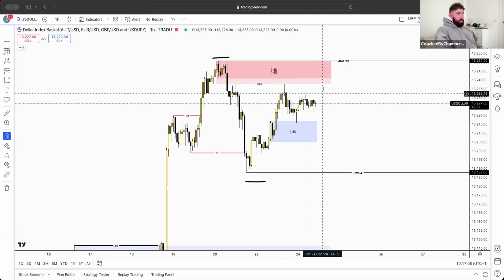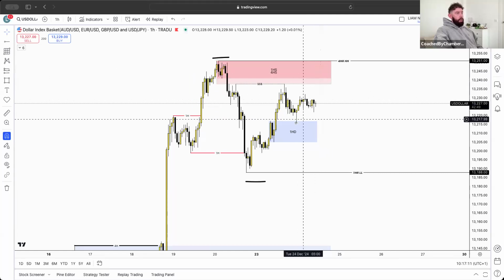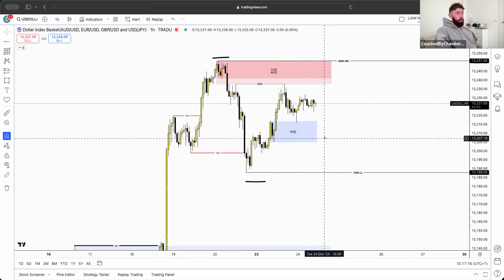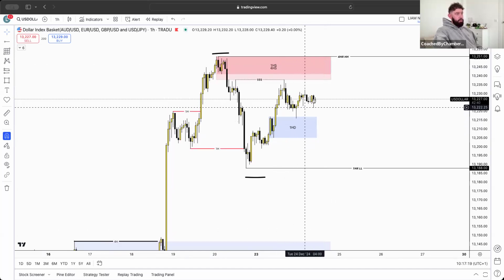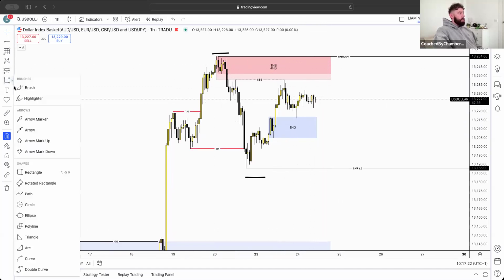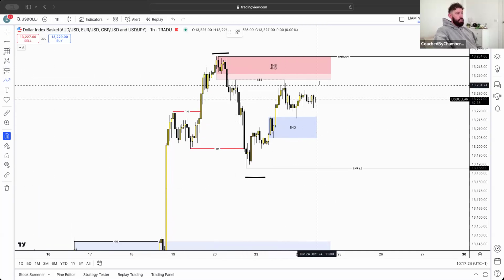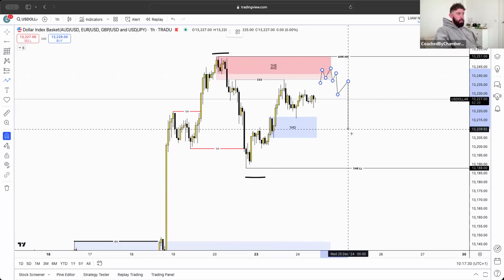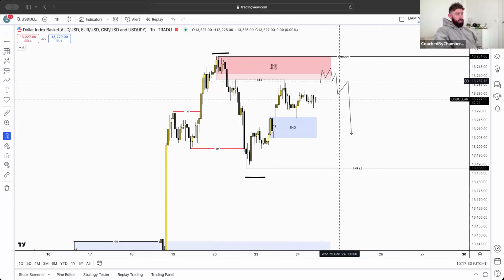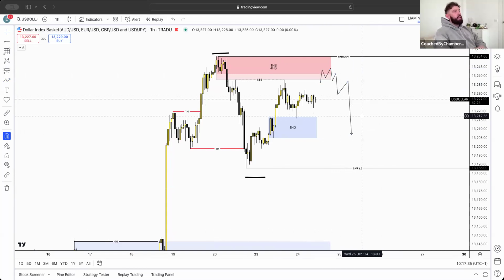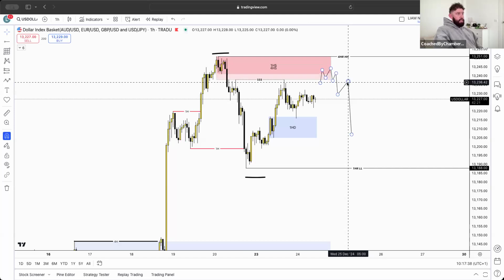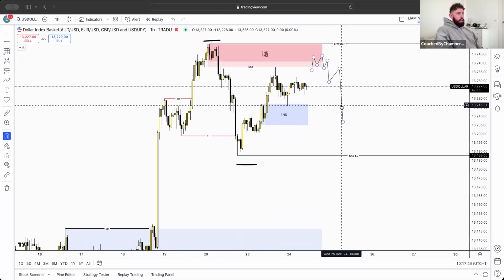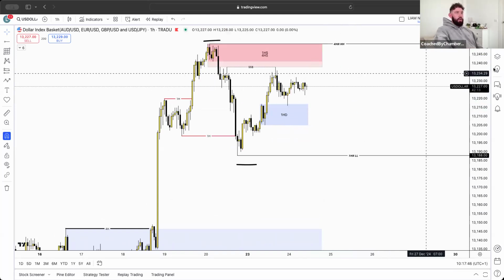So if we are currently expecting the dollar to go up to here, we are obviously understanding that the demand is in control. So for me personally, if I was to drop down on any time frames, I'll be looking for the dollar to just continue this upwards, and then I would want to see an internal change of trend within the lower time frame. I'd want to see something where we get a double break. So let's say we get one change of trend and then another break of structure, that would then confirm to me that the dollar would potentially be coming all the way down to rebalance this and catch this as liquidity. So that is my first thoughts for the dollar.